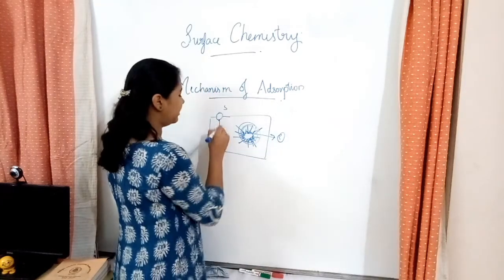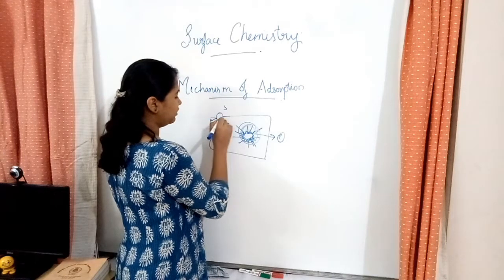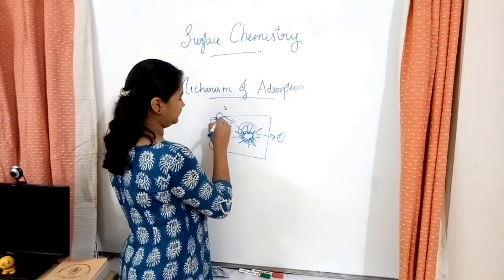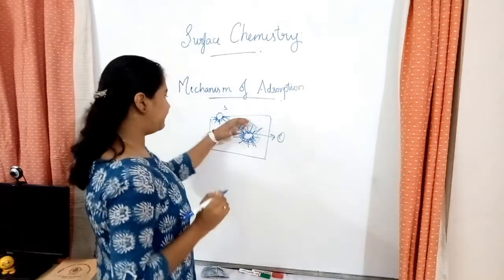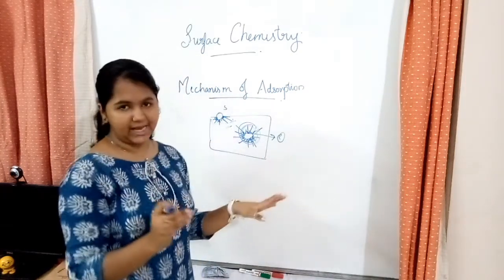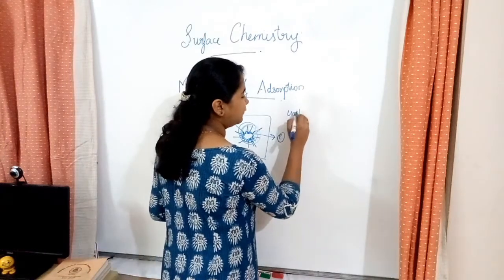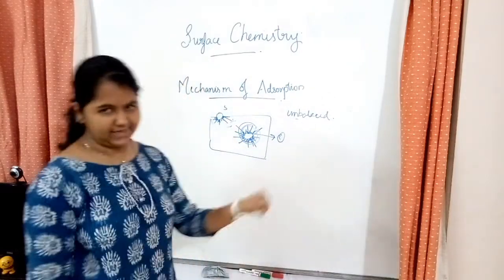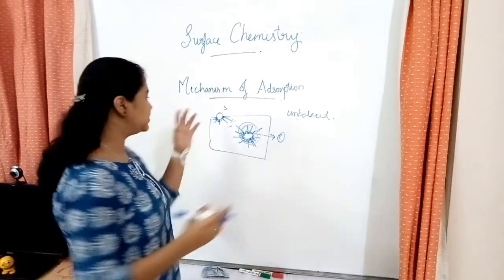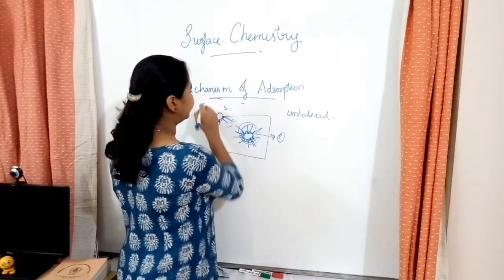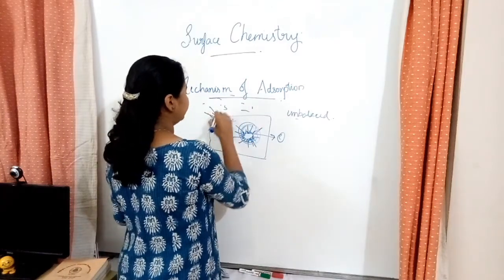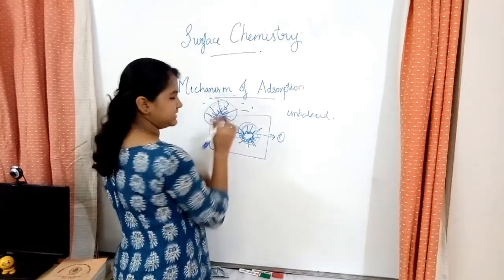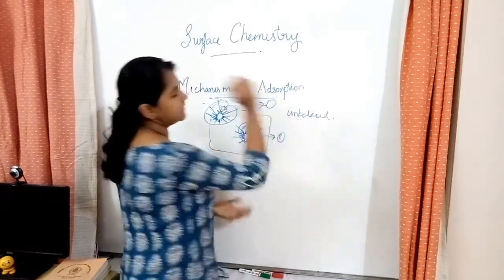Okay, whereas over here, only like this or the other way around, like this. Their force is only like this. So the net force is not balanced. So when there is an unbalanced force, what happens? It automatically tries to balance it. How does it balance? It has to attract something. So there are some particles in the atmosphere that get attracted to it. So hence this also gets a stable force, and its net force becomes 0.